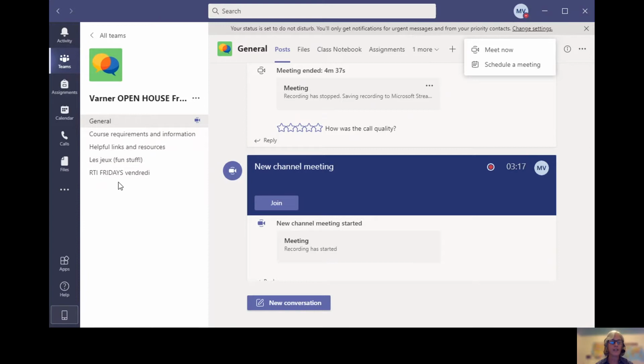And as I mentioned, RTI Fridays, Friday is the designated day for extra help, extra time, extra resources if your child needs it, and or if they've been absent and they need to come and make some work up or find out more about what they missed. And that is working very well. Fridays, the time designated for that is from 2 p.m. to 3:45.